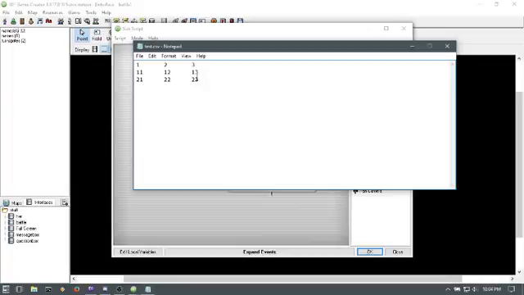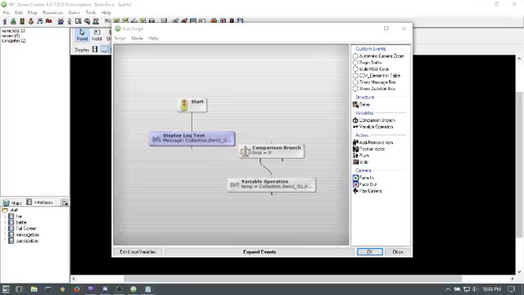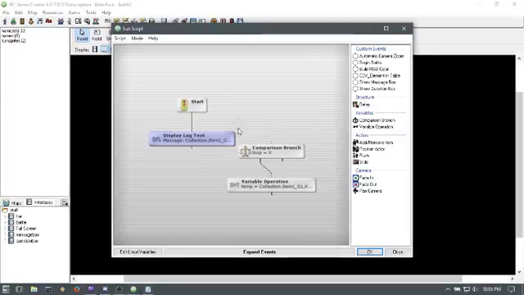So here's my test file. I'm going to replace the tabs with commas. I don't think Notepad has a find and replace, so I'm not going to bother with that. Just replace all that with commas. Save it. There we go. Okay, so